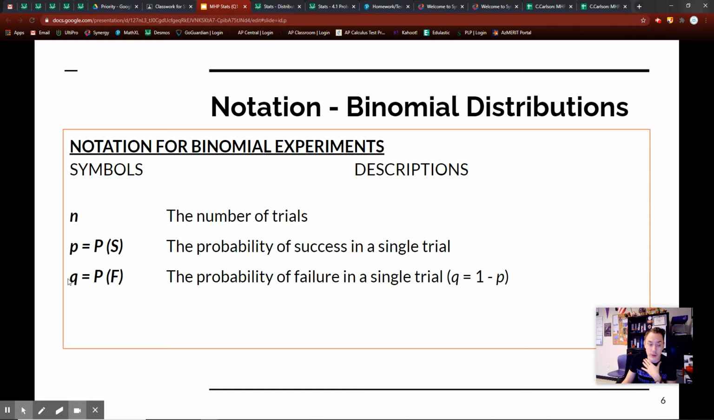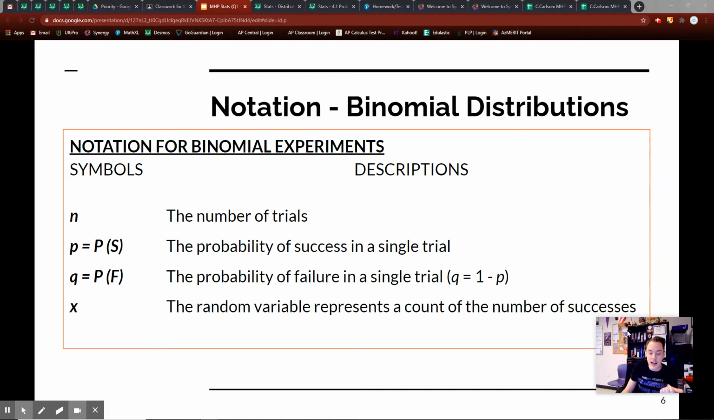I'm going to be using Q, which will be the probability of failure in a single trial, which is obviously the complement of success. If I fail, that means I'm not successful. So if I am successful 75% of the time, that means I failed the other 25% of the time to make 100%. And then right here, I have X, and X is the